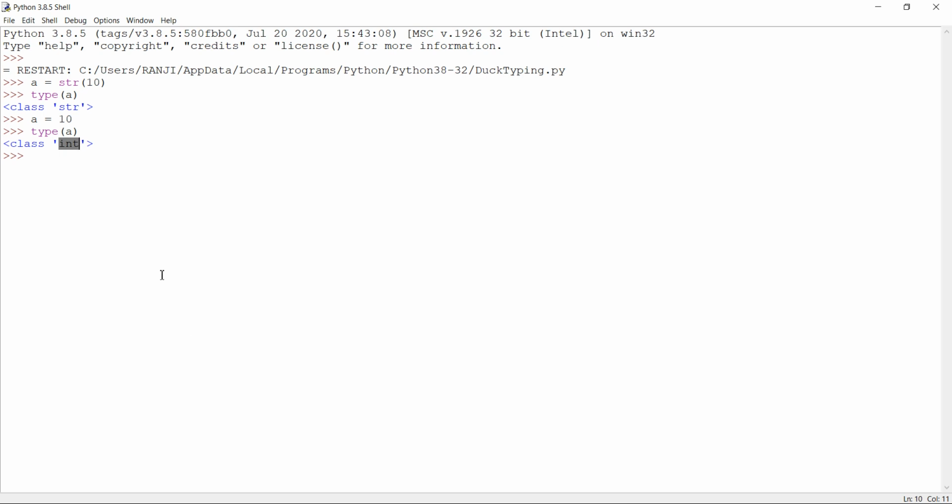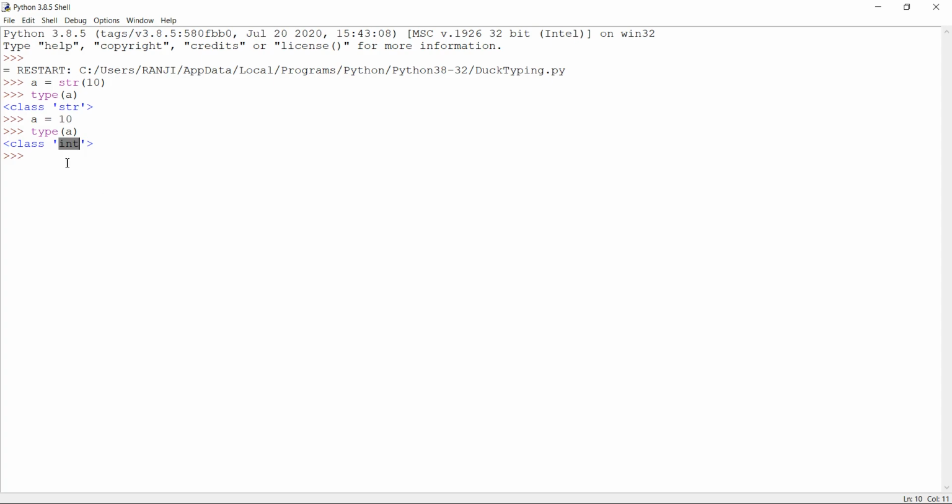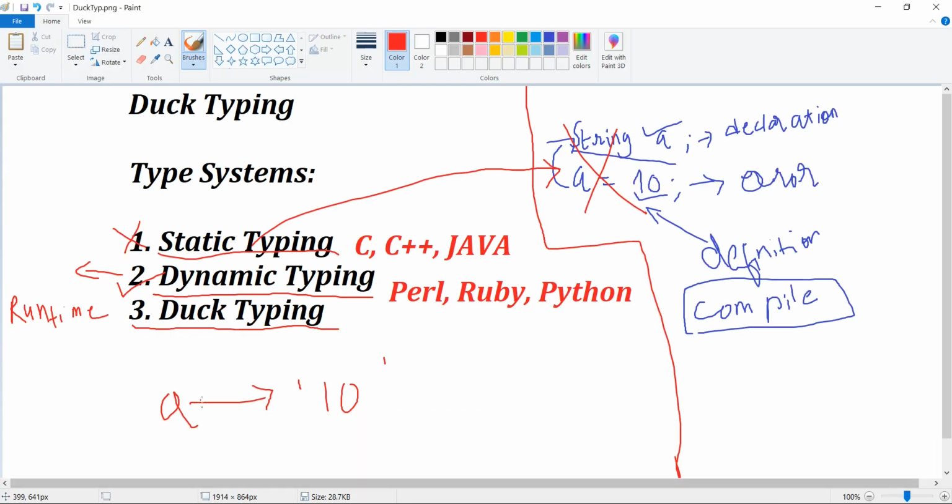So without throwing an error, it is internally doing this. Essentially in dynamic typing, the type checking happens at runtime as opposed to compile time. Runtime, why? Because you are running this particular line of code and then you are getting this. If I want to show this diagrammatically, this particular reference got cancelled and it is now referring to an integer memory block. We have discussed this in memory management and garbage collection. The same thing is happening here.